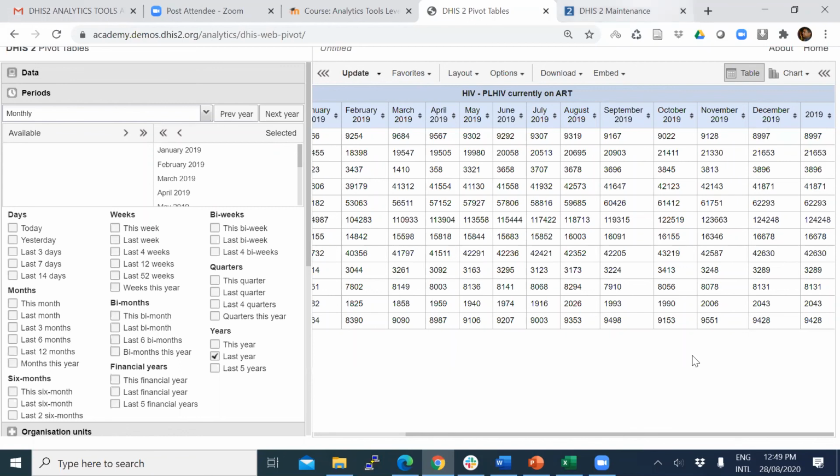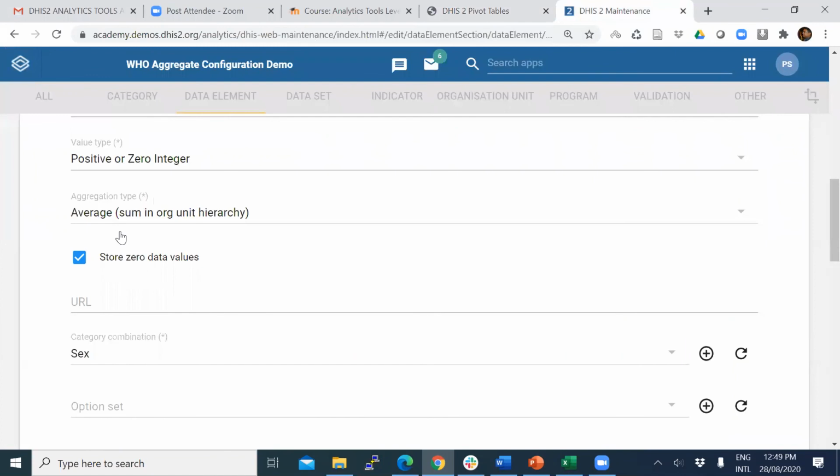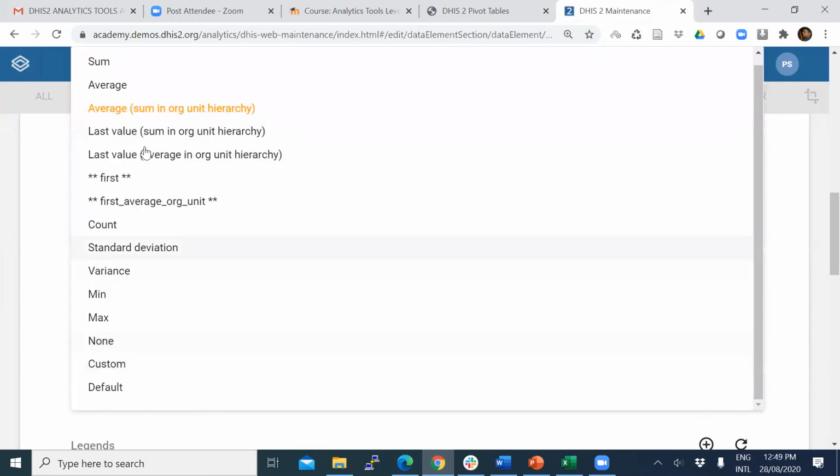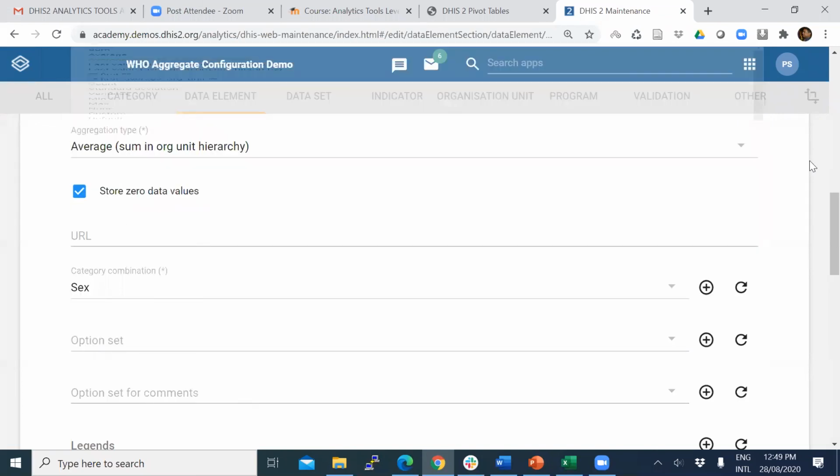Obviously, if you really want to analyze in that way, you can set the aggregation type in the data element to last value. There are two ways to use aggregation type last value. You can configure it in the data element itself, or else you can configure it temporarily in pivot table.